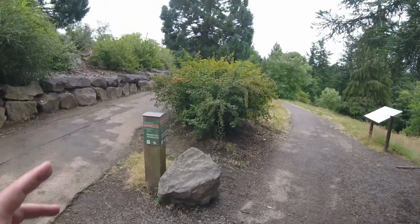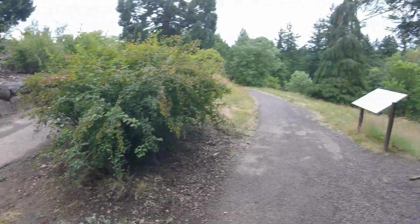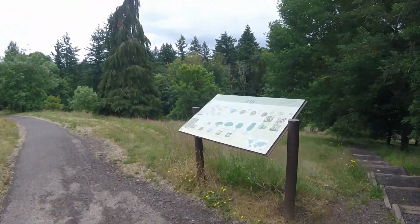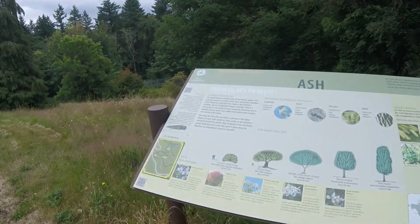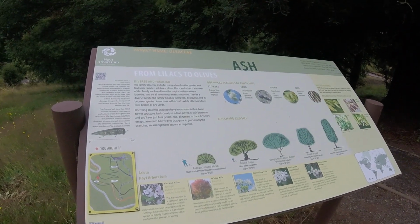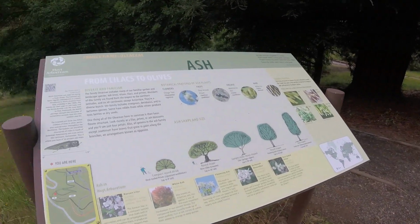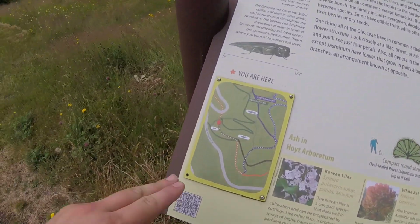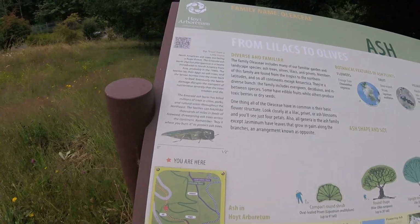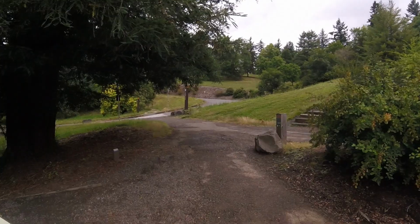Max and Sue, Overlook Trail. Oh, the Overlook Trail. I love that one too. Ash. Ah, a little bit of agriculture. Is that the word I'm looking for? I don't know. So I'm here. Stick a fork into me. I don't know where to go. All right, well,